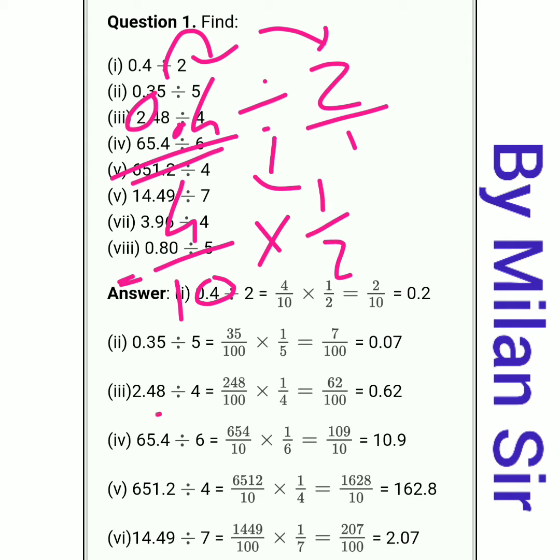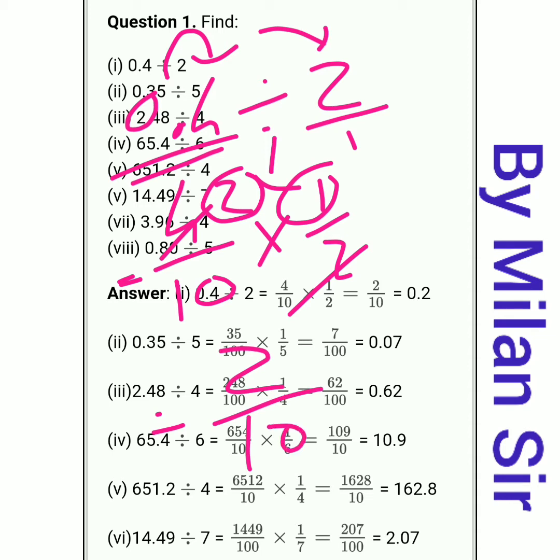Okay, now we need to simplify this. So 2 2s are 4. So in numerator 2 1s are 2 divided by 10 as it is. Now again we need to convert this number into decimal numbers. Okay, so in division we have 1 0. So in numerator before one digit we need to put decimal point. Before that we need to write 0. Okay, nothing is there, so 0. So our answer is 0.2.